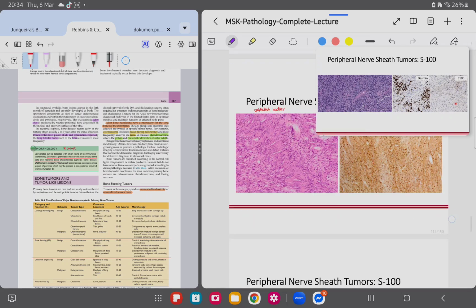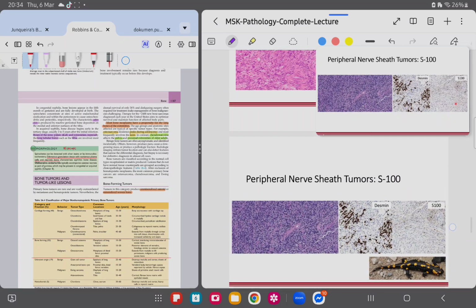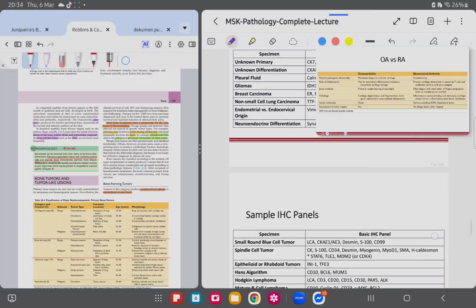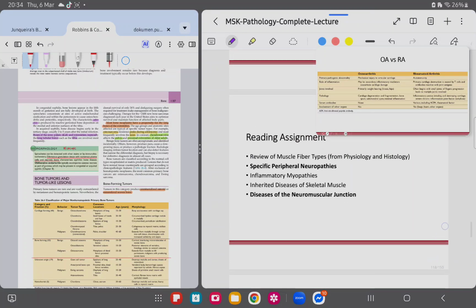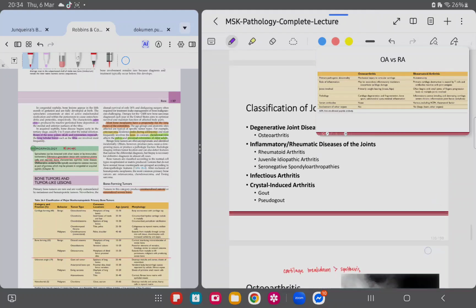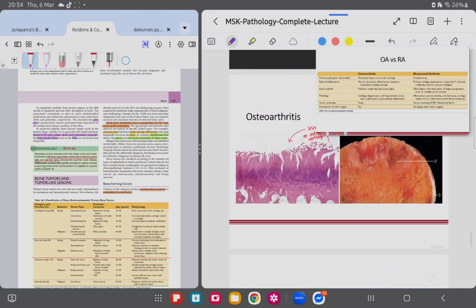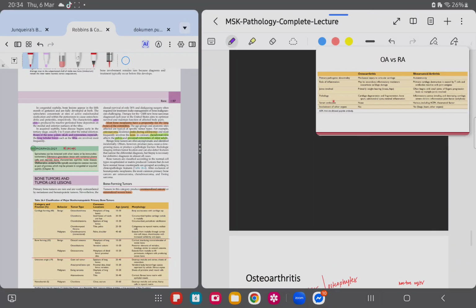So after this storm of tumors of the bone and soft tissue, the last will be the benign entities. Please study well the difference between osteoarthritis and rheumatoid arthritis because I might ask a few questions about this. So, what's their pathogenesis? Osteoarthritis is usually due to mechanical injury. Rheumatoid arthritis is mostly due to immunity. Which joints are involved, whether they are weight bearing or whether they are the small joints? What kind of pathologic changes are seen, such as degeneration and fragmentation in osteoarthritis or pannus formation in rheumatoid arthritis?